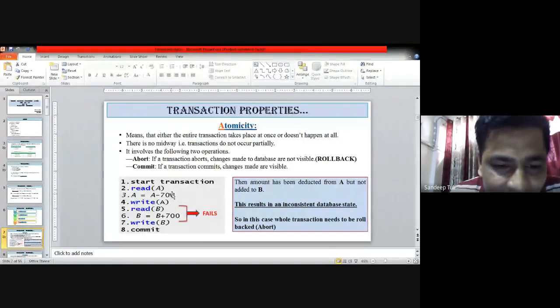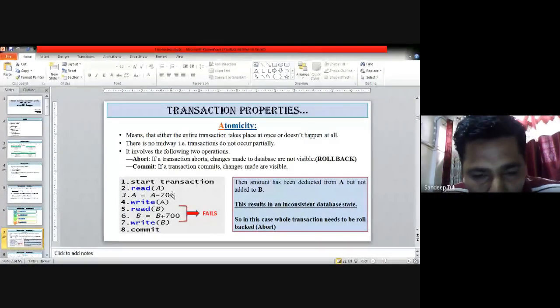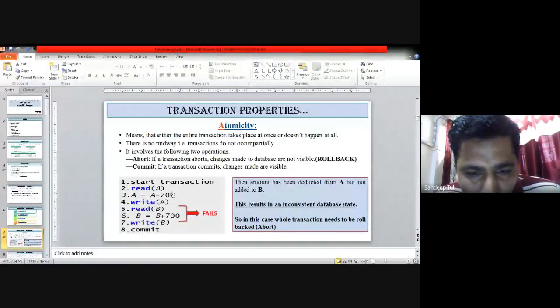Now let us take a simple example of an ATM. Suppose you have gone to an ATM and you have withdrawn some amount and given all the commands. Finally you are waiting for the money to be withdrawn and collected.